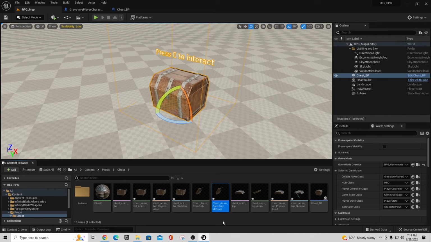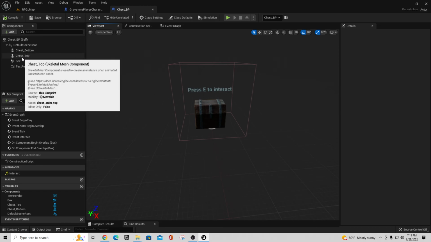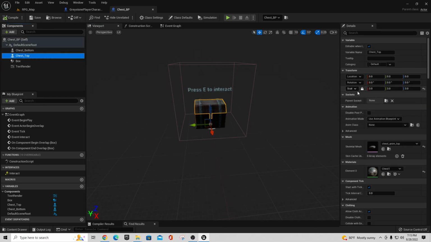Again, this is doing an interaction interface. And in the next episode, we'll come back in and talk about timelines and maybe just bypass the animation altogether and manually animate, quote unquote, the opening position of the lid. To give you a little sneak preview, in the chest BP, in the viewport there, you have that chest top, remember? Well, these things have